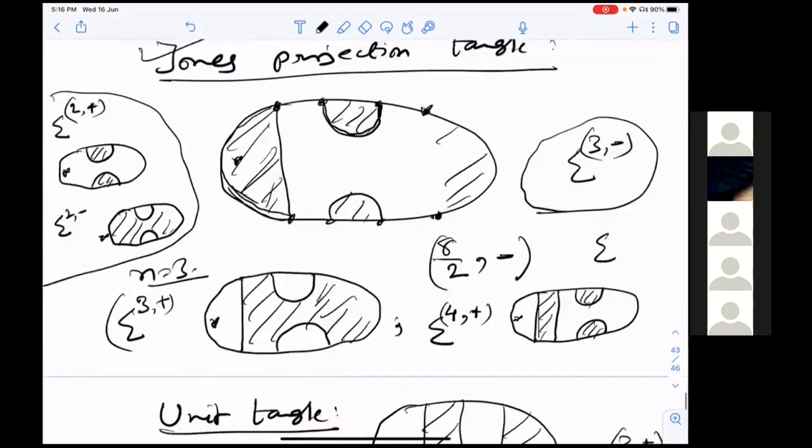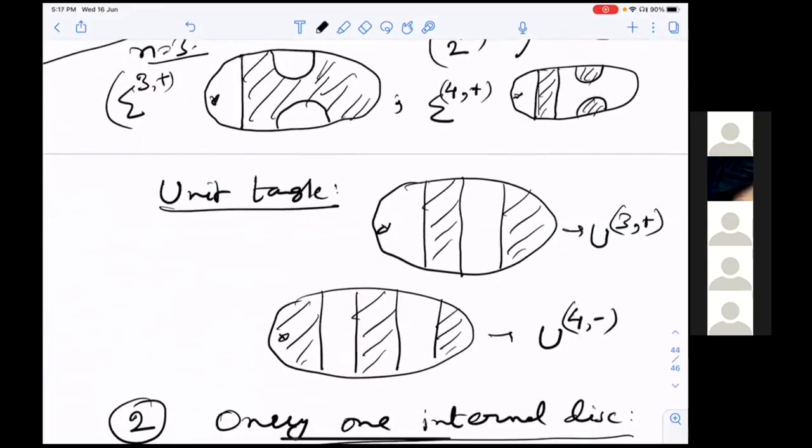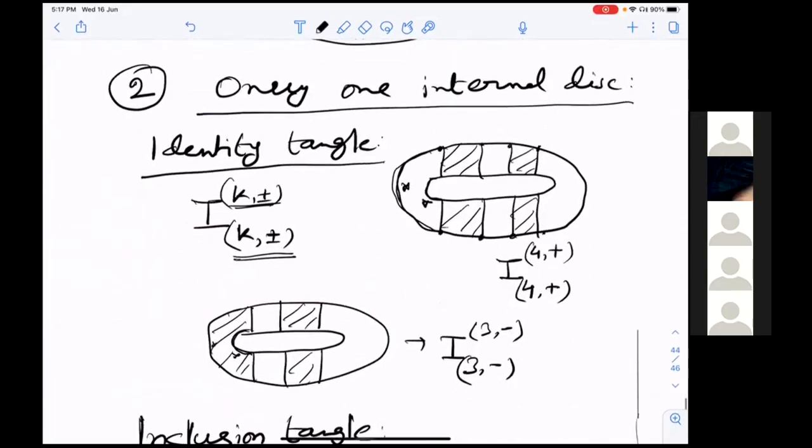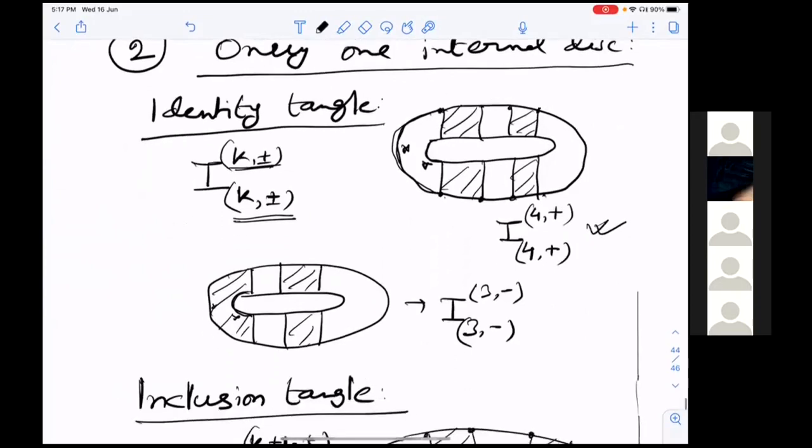Okay, and now I have described this unit tangle. These are all through strings, like the units in the diagram algebra, the Temperley-Lieb algebra. There are through strings. These are units. All these names will be clarified, why these are units. And these are the identity tangle. That means there are 4 points above, total 8 points in the outside disk, and in the internal disk also there are 8 points, and these strings are joined like this. These are called identity tangle. This is I3 minus.